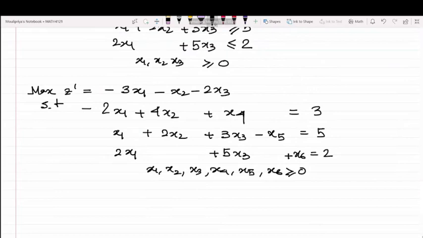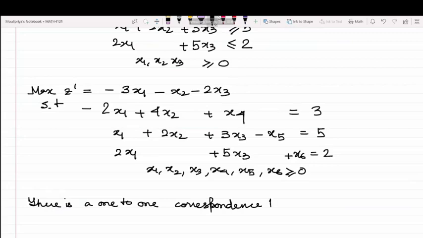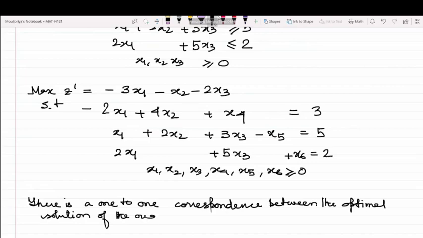We will just be using the statement which says that there is a one-to-one correspondence between the optimal solution of the original linear programming problem and the new problem in the standard form